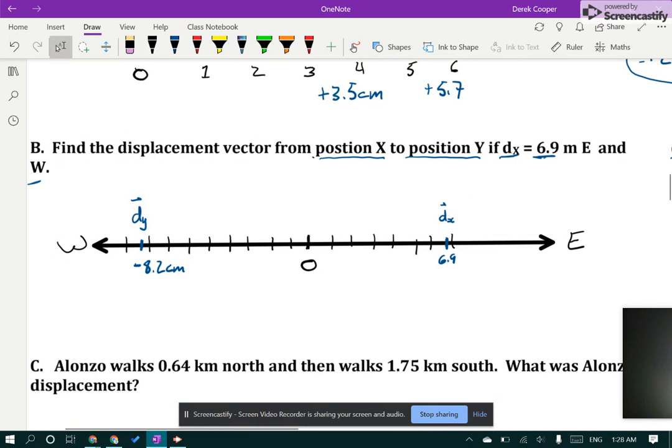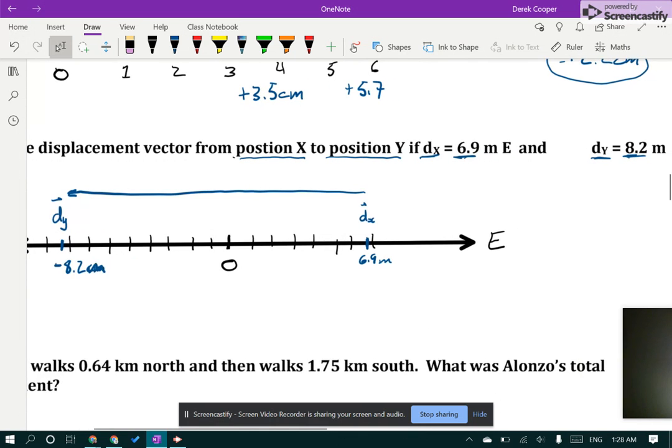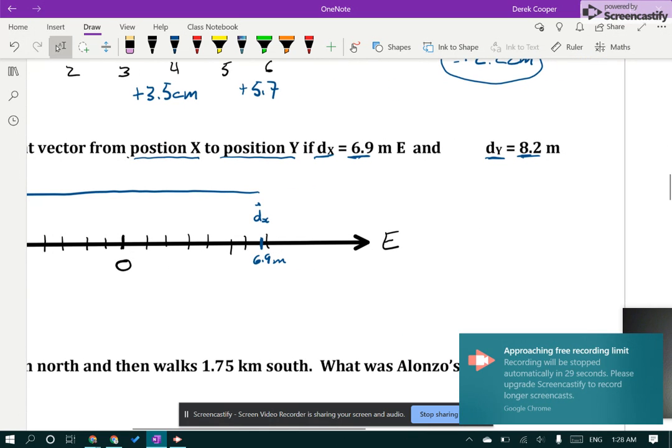Meters on both of those. And so what it's asking is, what is the displacement vector to go from X all the way down to Y? And so what we're going to do here is we are going to start with,